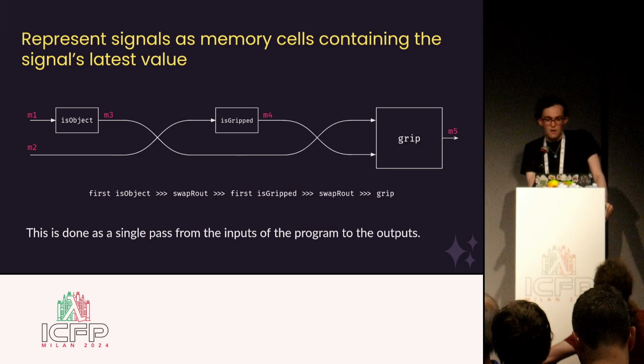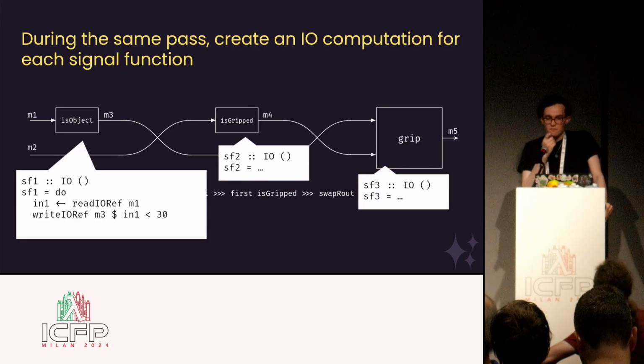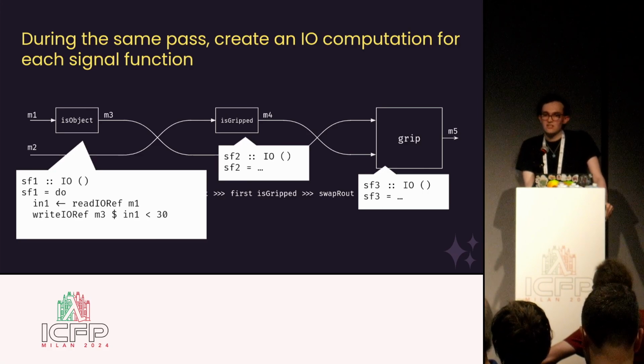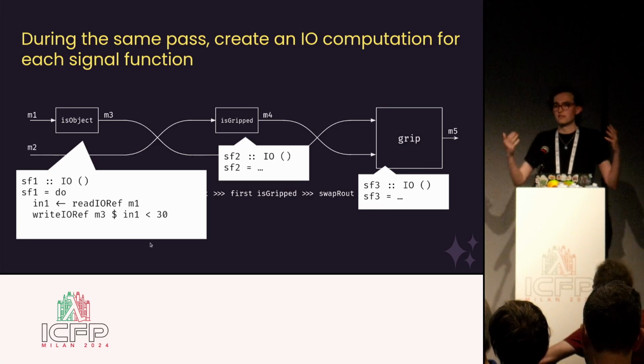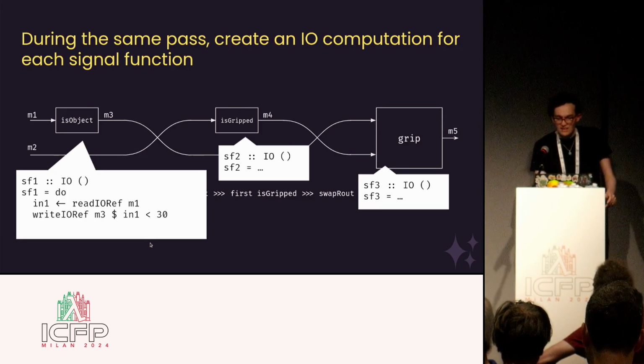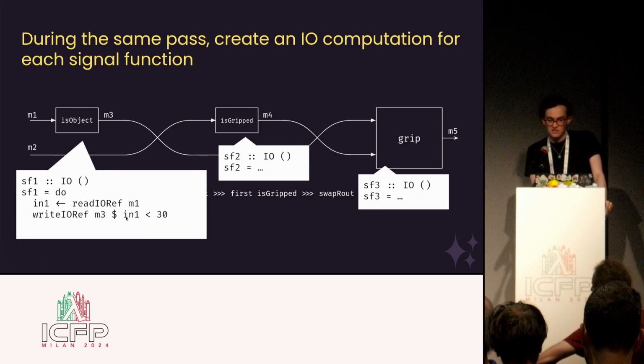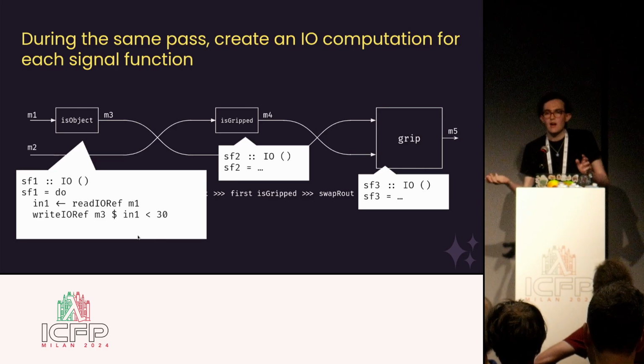Then in our program, we create an I/O computation for each of these signal functions as we're doing this. So when we encounter isObject, we both allocate this M3 memory cell, but also create a little computation that performs what the signal function should do. In this case, we defined isObject to check this predicate, so that's what we do. We read the input memory cell M1, and then we check that predicate on M1